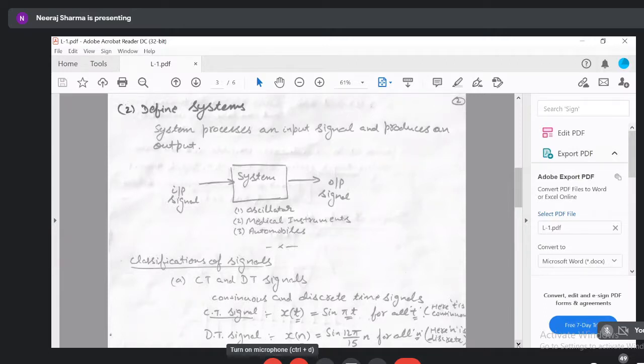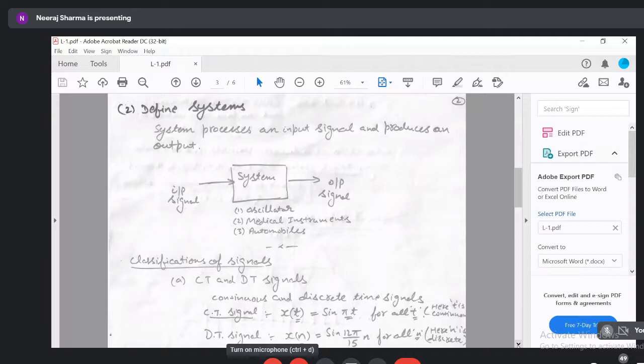These are the classifications of the system depending upon the constituents of its elements, right? So now, what are the functions of the system, or what are the different duties performed by the systems? A system generally takes an input signal, carries out certain processes over the input signal and provides you an output which is desired by the designer or the user, right?